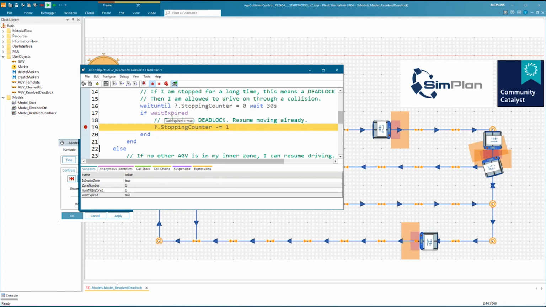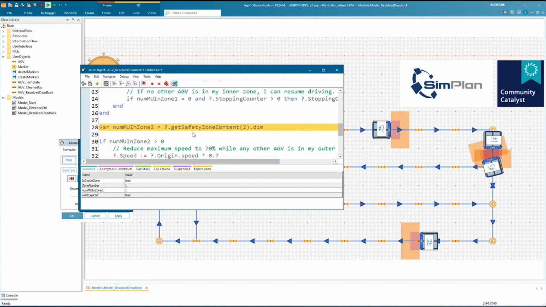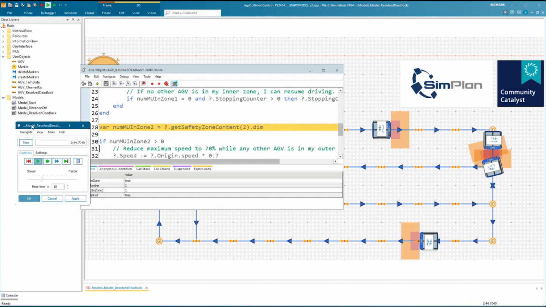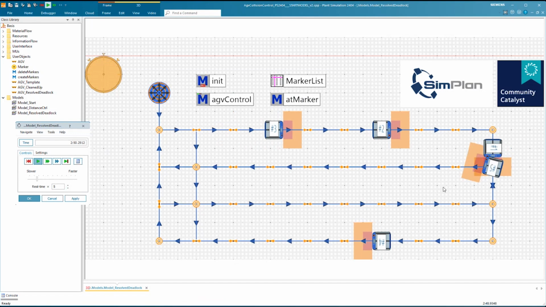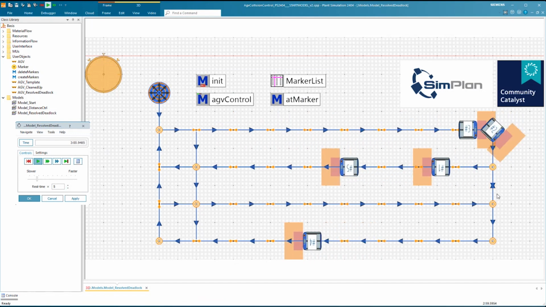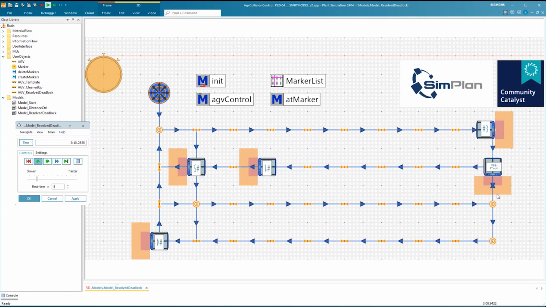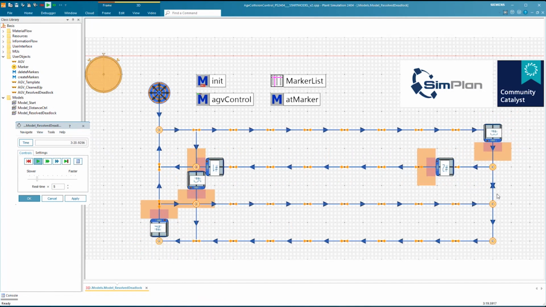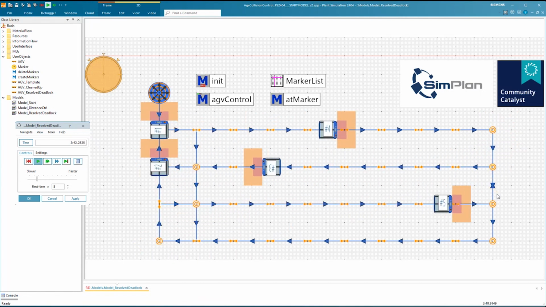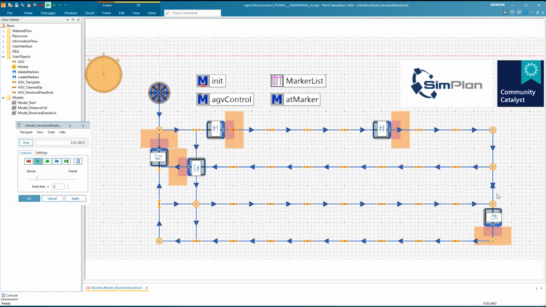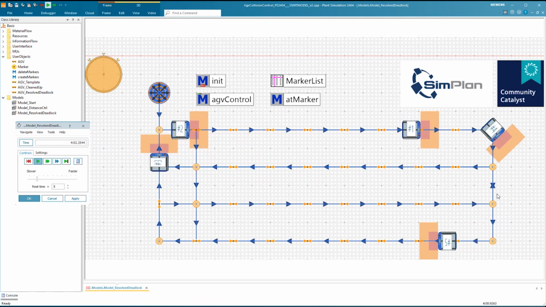You can see that wait expired is true. We are now decrementing this counter to 0. That means that the AGV is now allowed to continue moving. So you see the AGV 5 and 1, they resumed moving again. There was a little bit of an actual collision, if you look closely, but that's what I meant with we are accepting that for the purpose of the simulation.